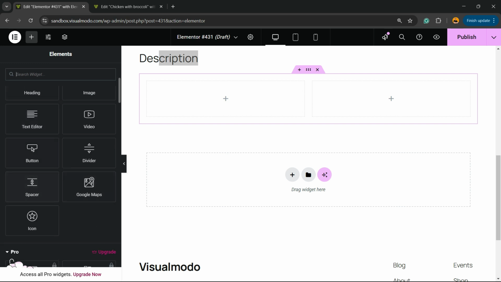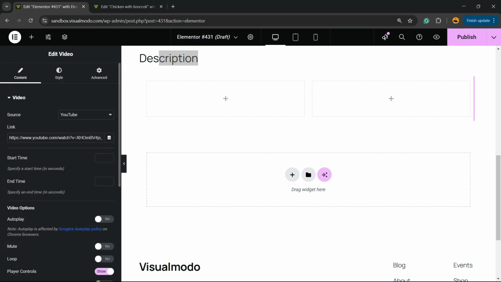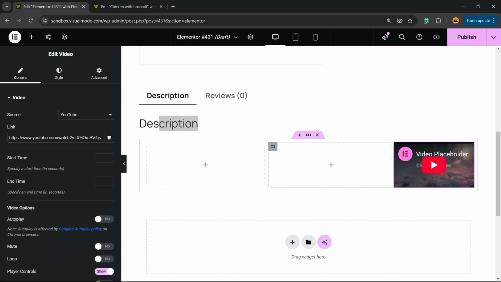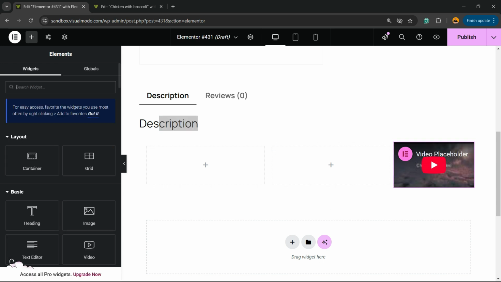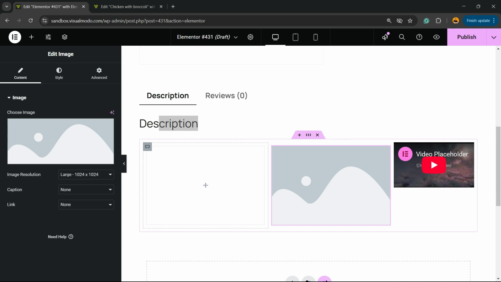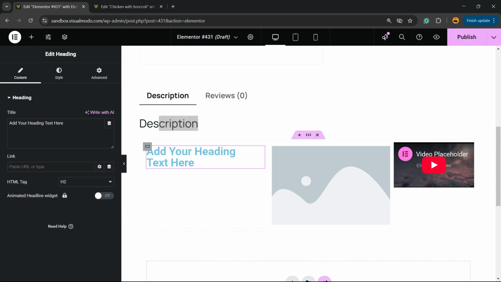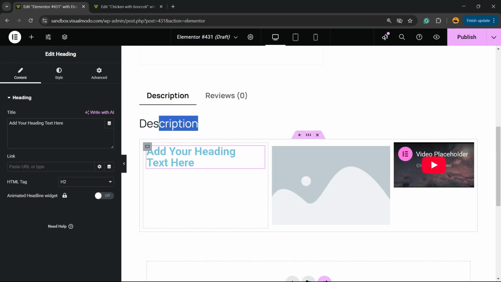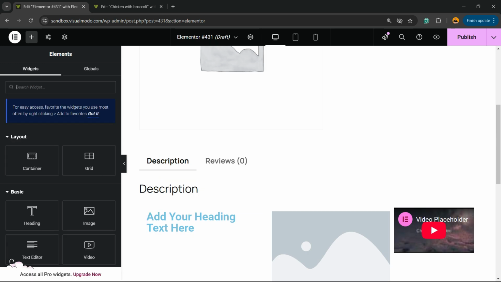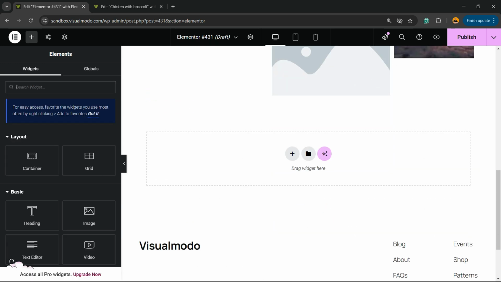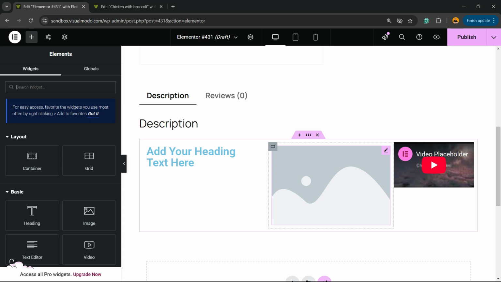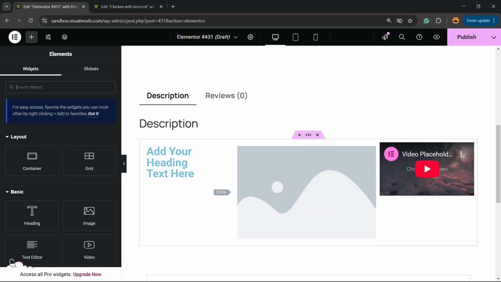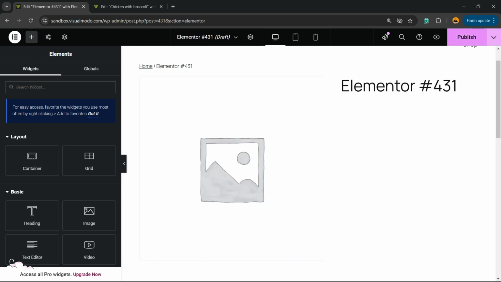For example, we can enter a video just like this. We can enter an image, and you can enter some headings to add titles, okay? Simple, right? And you can keep customizing, adding a background image, making a full widget, or other things. But in case you need help using Elementor, let me know in the comments so I can guide you. After this, all you have to do is make sure you hit the Update or Publish button